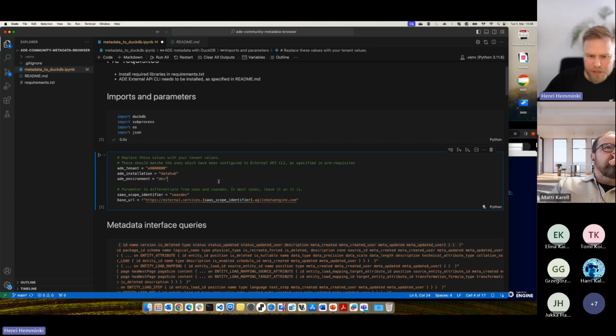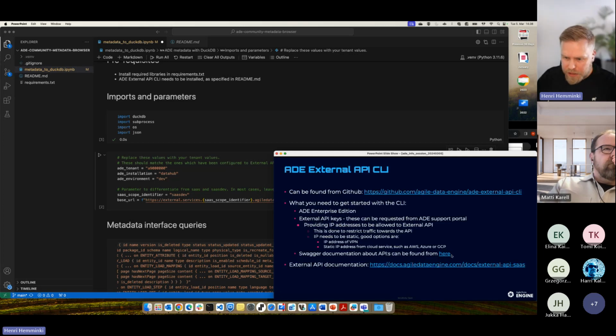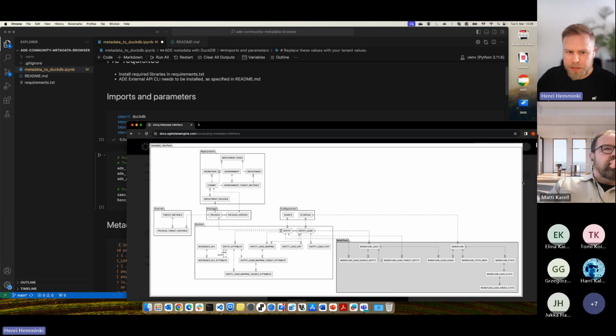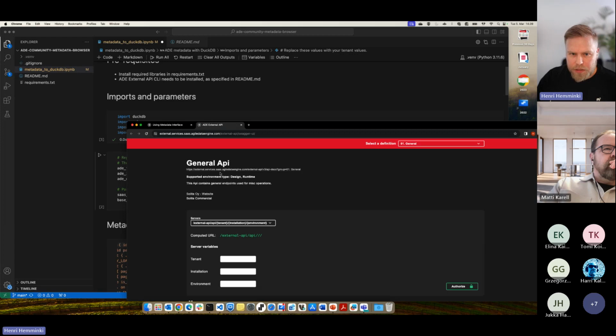When you get the credentials from the support portal, you should use these. I'll actually show quickly the Swagger documentation link.